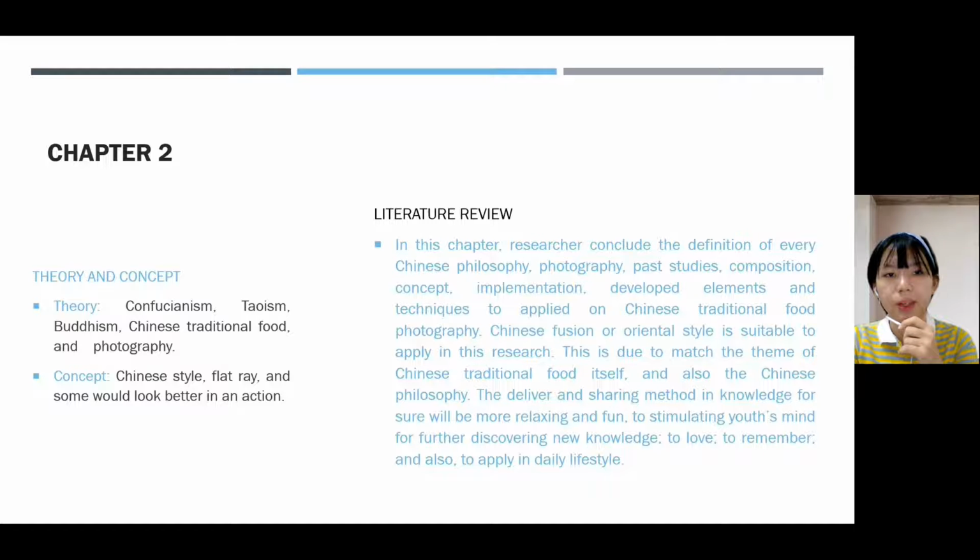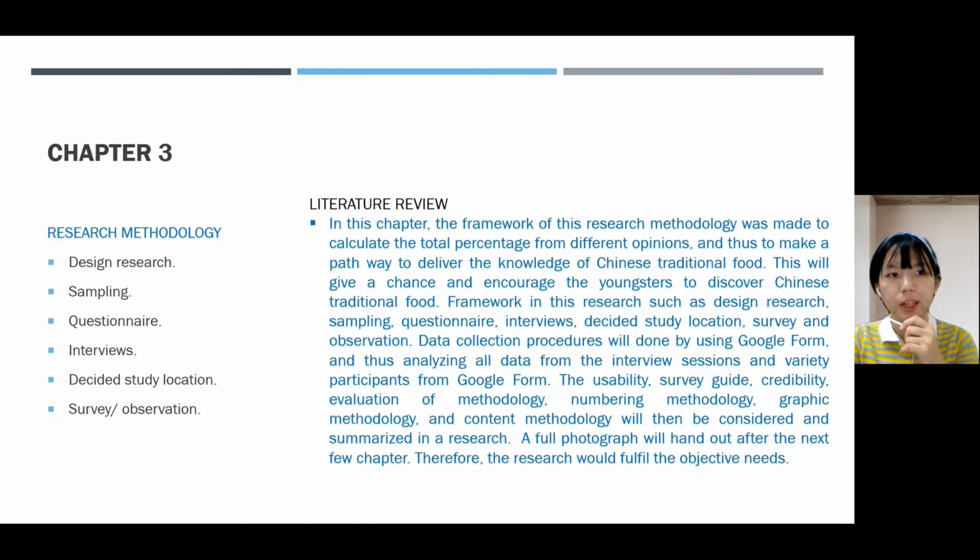photography session. There are 20 different types of Chinese traditional food were chosen for the photography session, and the tools like DSLR camera and smartphones were used to snap the pictures, and thus those pictures were then enhanced and editing in Photoshop and Lightroom. In Chapter 3, the research methodology involved design research, sampling, questionnaire interviews, decided study location in